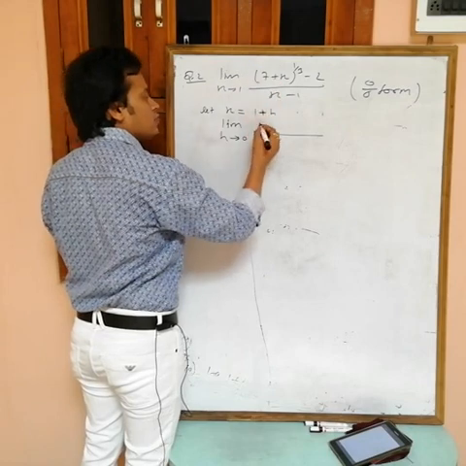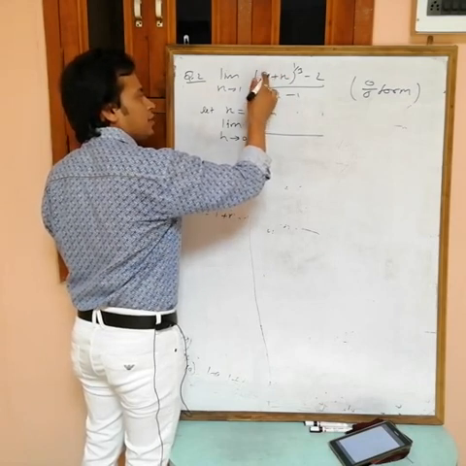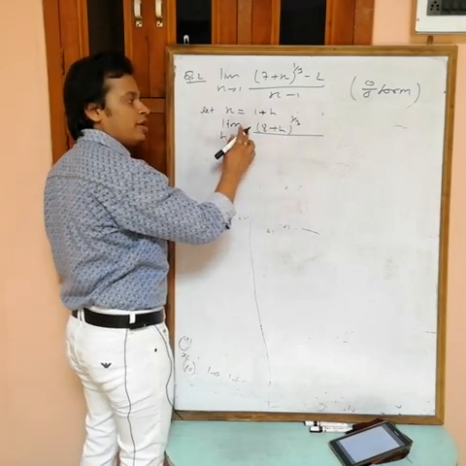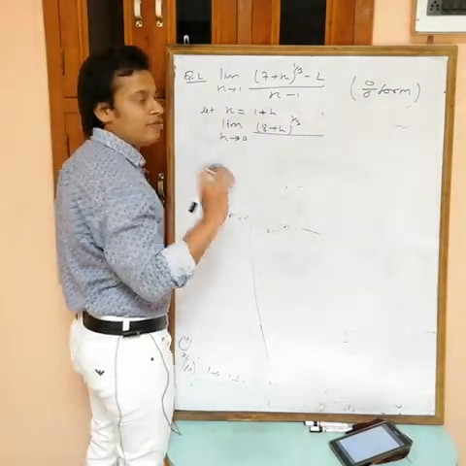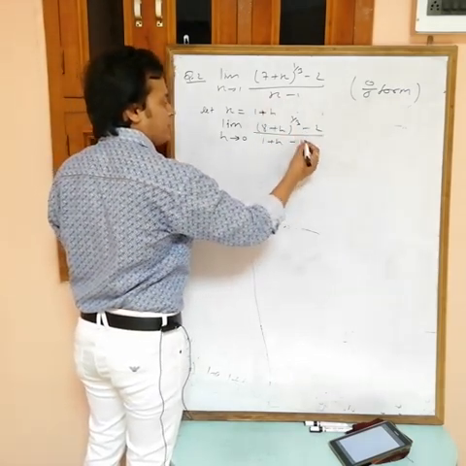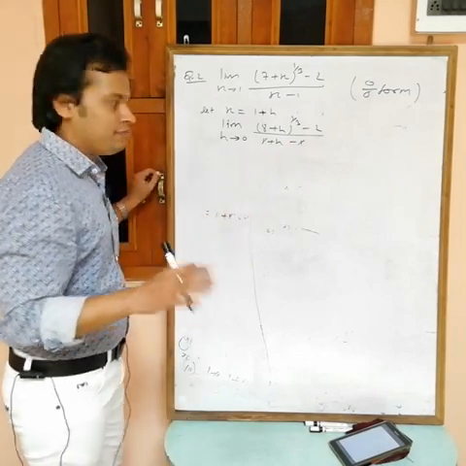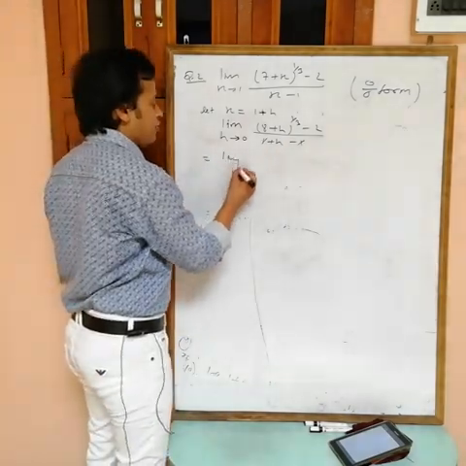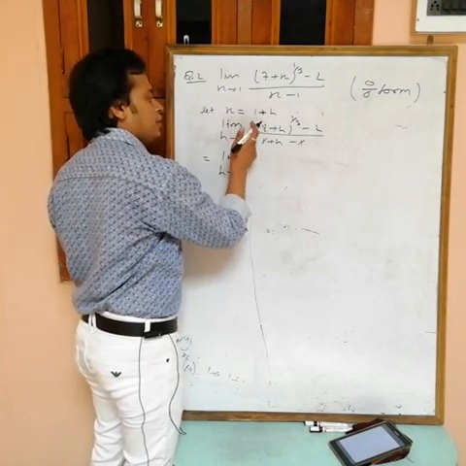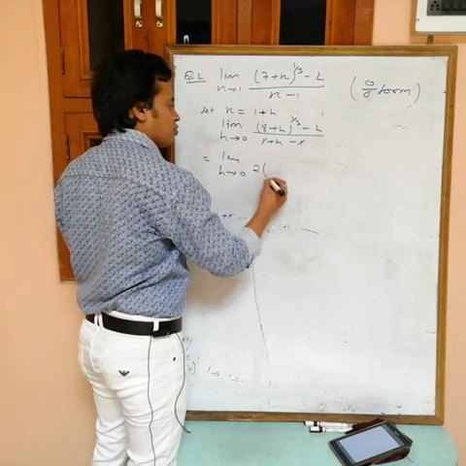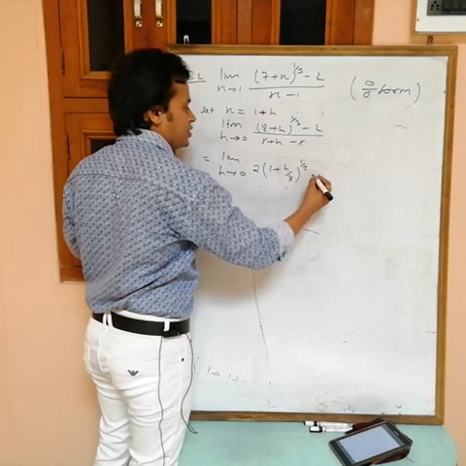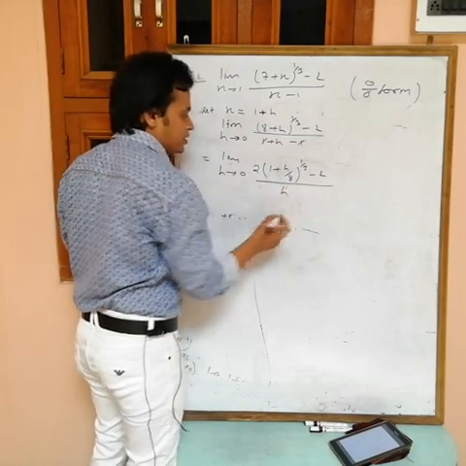If you put x as 1 plus h, what will you get? 1 plus h, 1 and 7, 8. 8 plus h to the power 1 by 3. Now see, if you take 8 to the power 1 by 3 common, that equals 2, minus 2. 1 plus h minus 1, again the 1 also cancels out, no problem. Now simplify, limit h tending to 0. Now take 8 common. Here you will get 8 to the power 1 by 3, that equals 2, and here (1 plus h by 8) to the power 1 by 3 minus 2, by h.